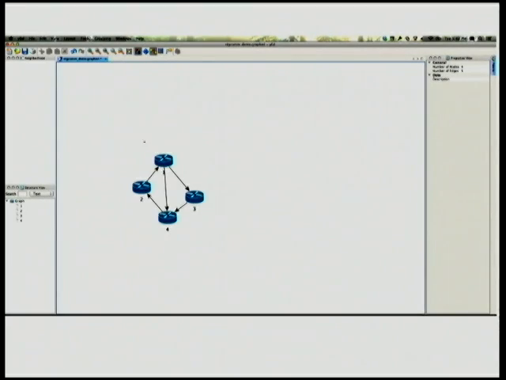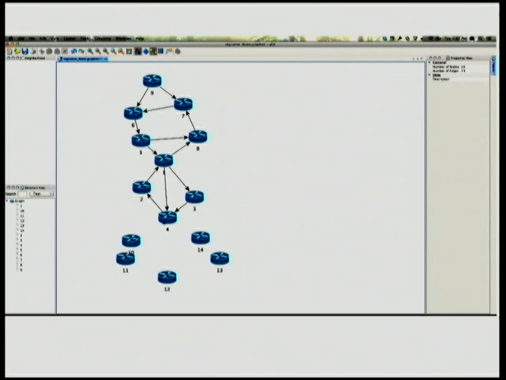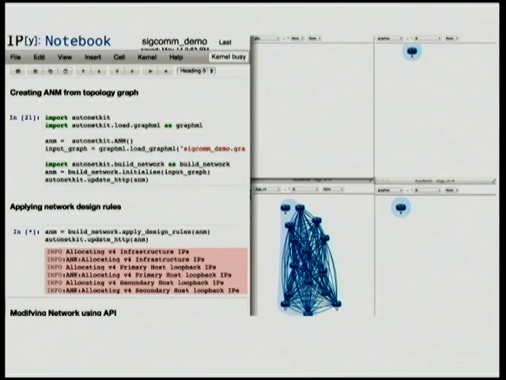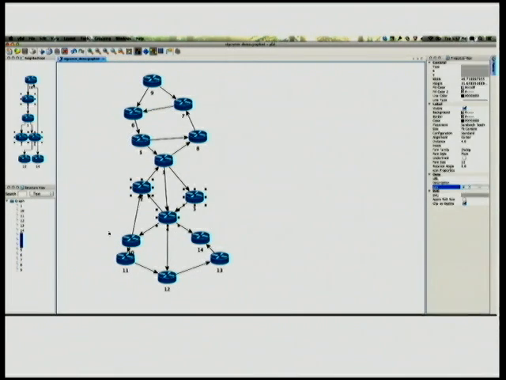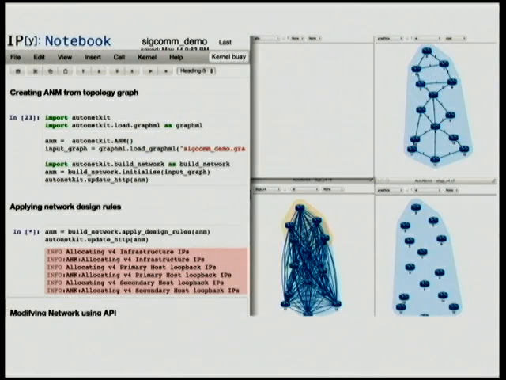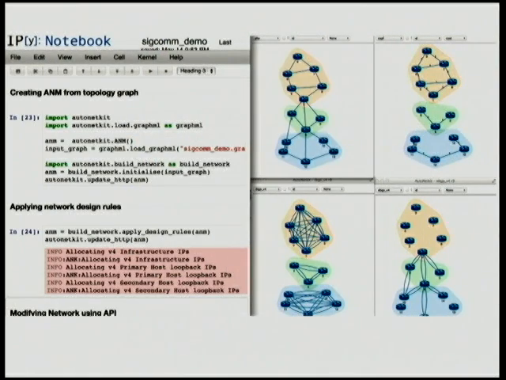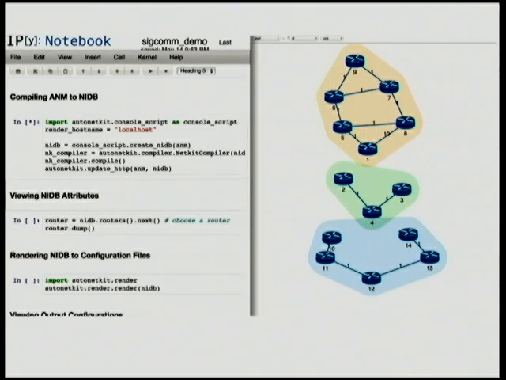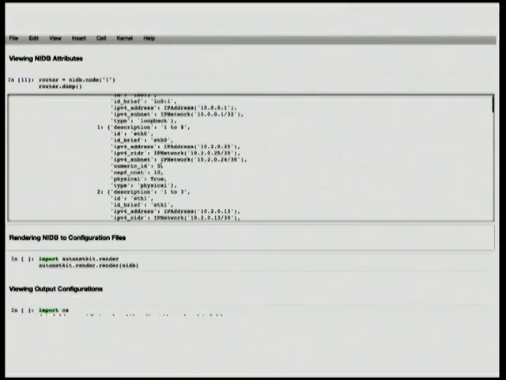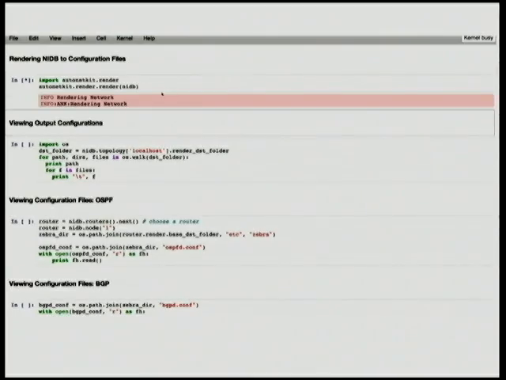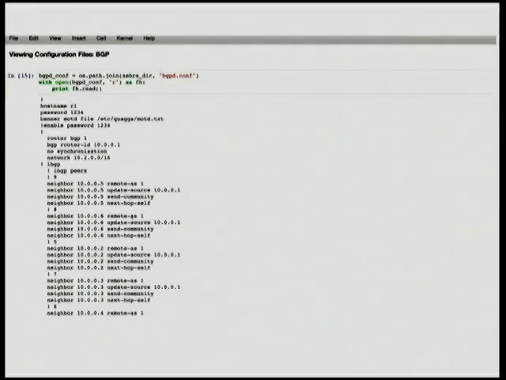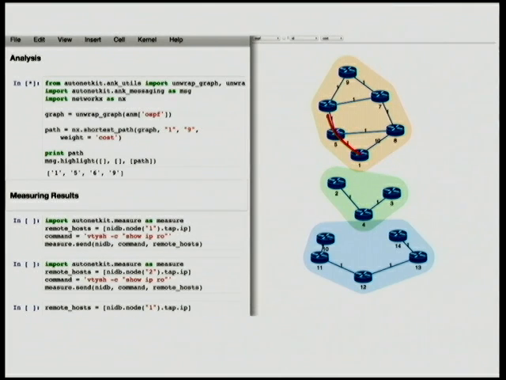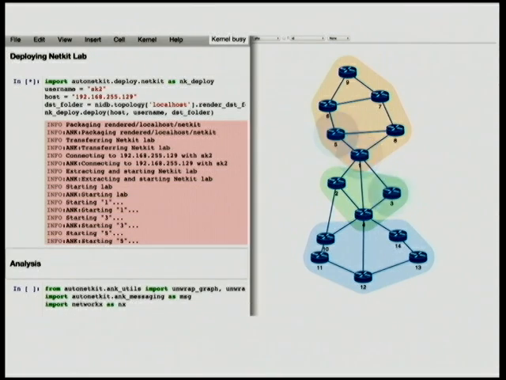And just very quickly, this is a sped up video showing the whole process. So drawing the network in yEd, and then we can see the real-time visualization for each of the iBGP and OSPF diagrams, setting some attributes such as the autonomous system number. Now we have 3 ASs rather than just 1, so all those design rules are applied differently. We can use the API to set properties, and then this is just a compilation down to generate that resource database. The output configurations which are generated from there for each of those devices in the network, including the OSPF and BGP router configs, and then doing some analysis, so running shortest path directly,